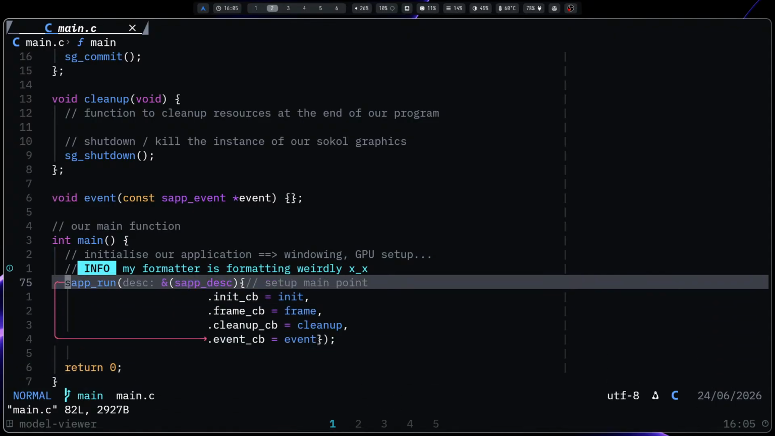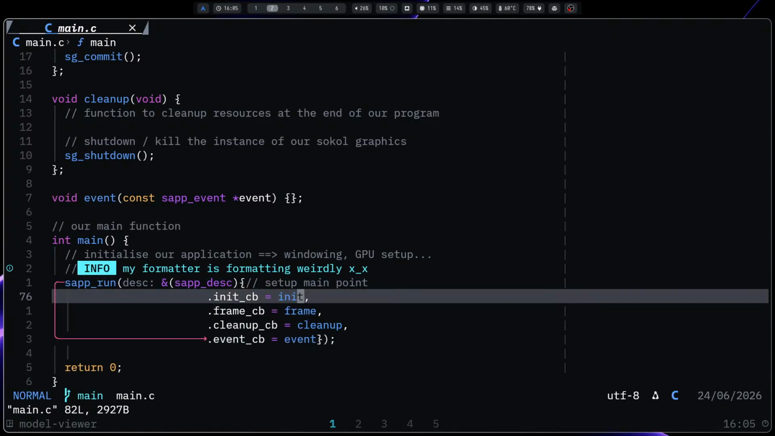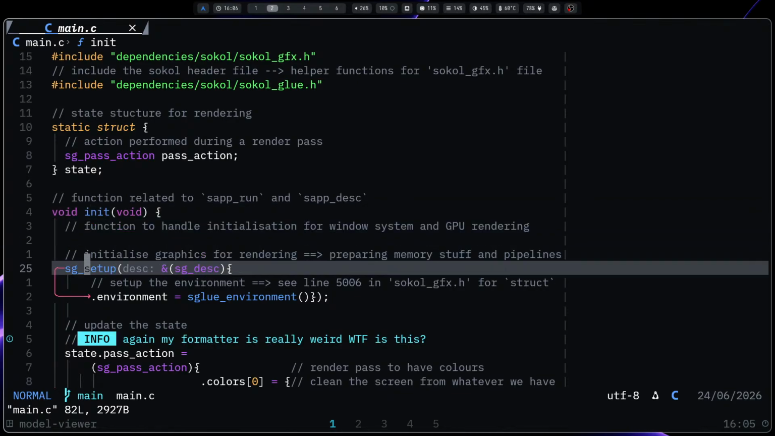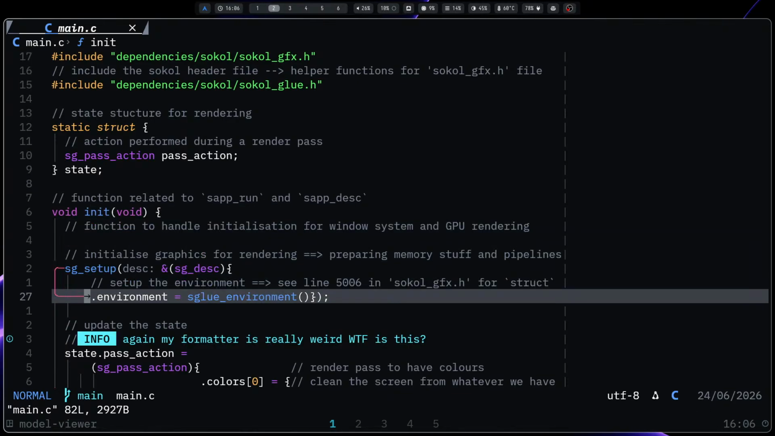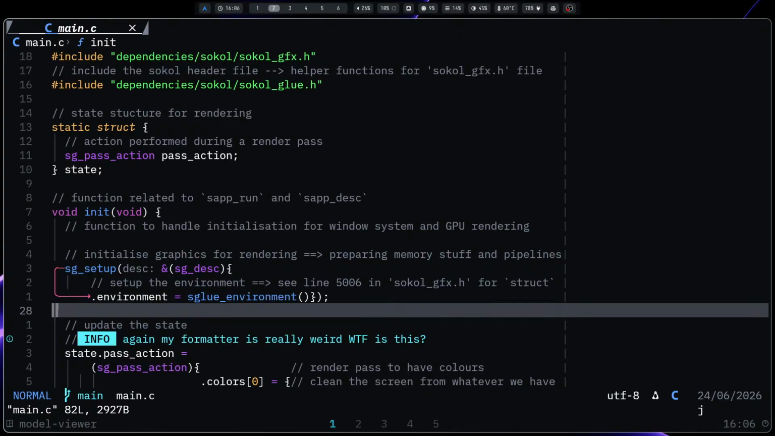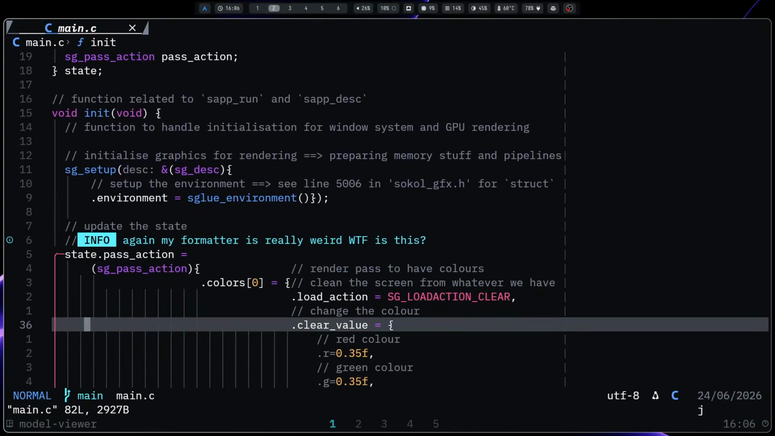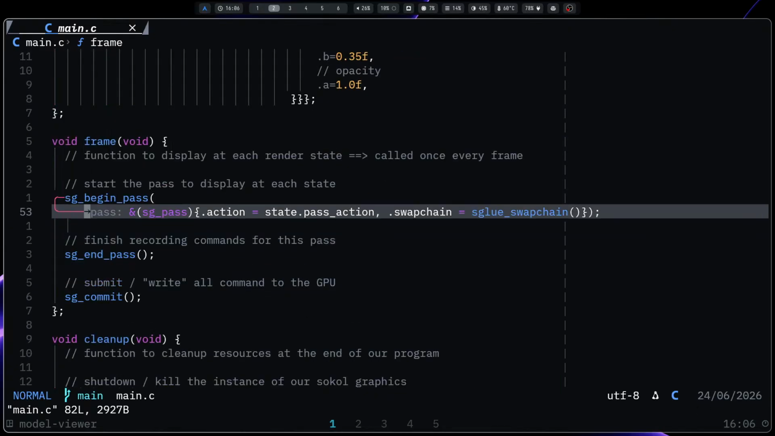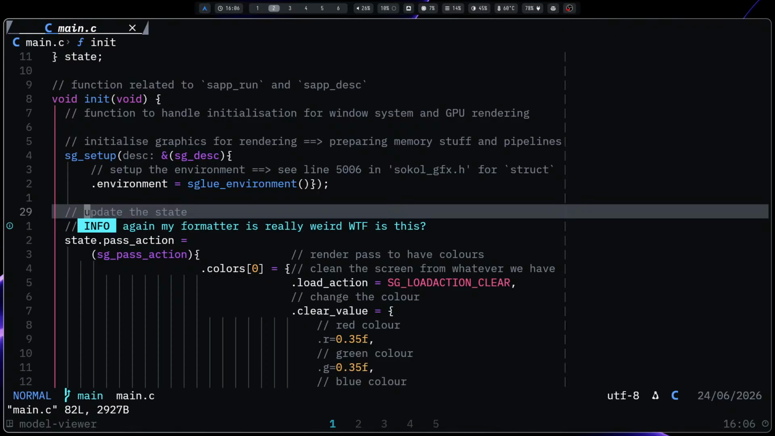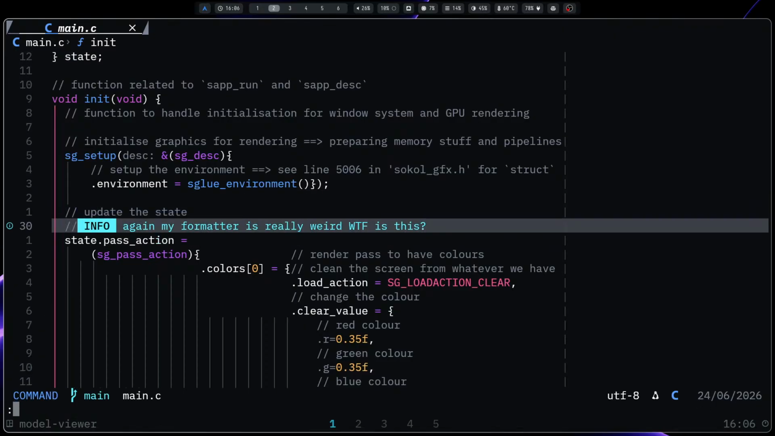So as it runs, in our frame and then in our init function, we are initializing the graphics environment. And this is the state whereby we're changing the state at each frame. This part is just updating the state, and I don't know why, but